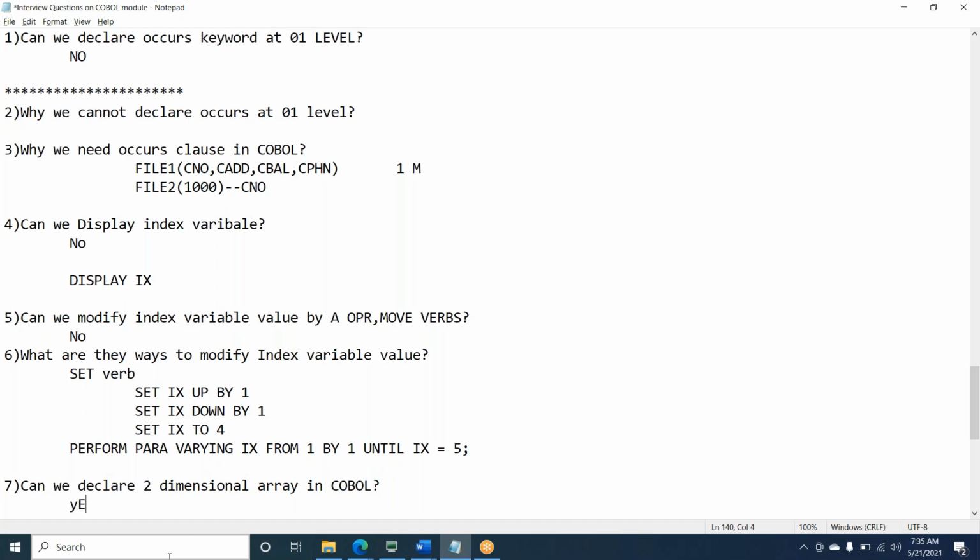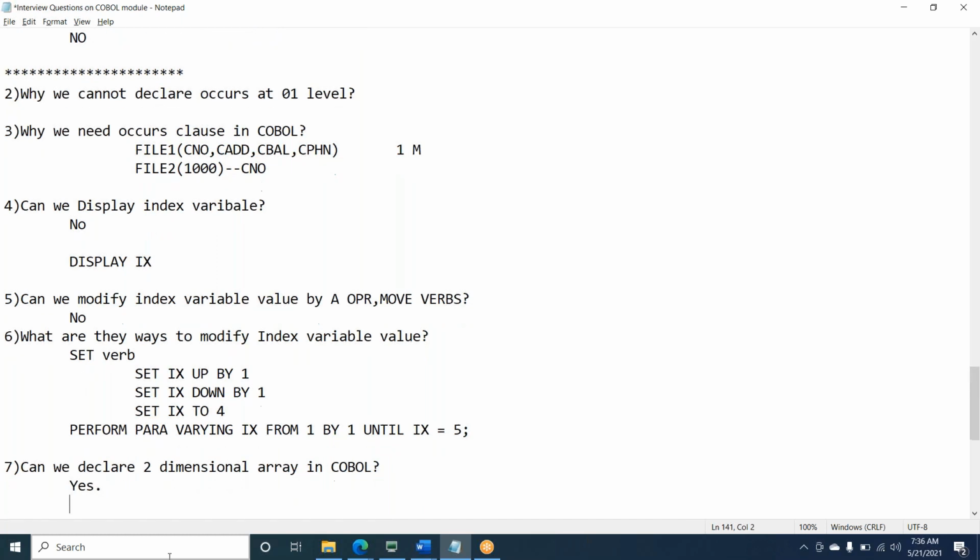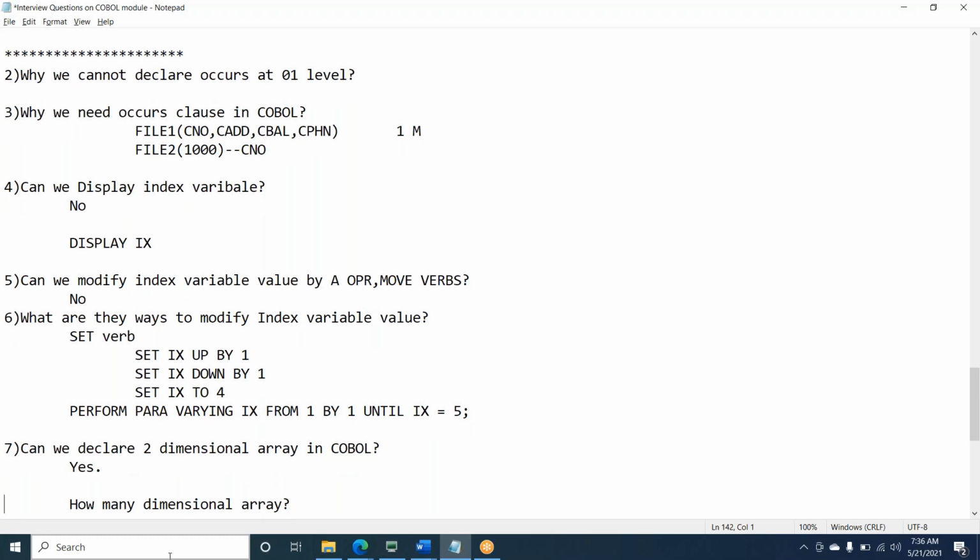If it is a yes, the answer is correct, yes. So how many dimensions can you declare? Multiple, like 10, 20? 270 or 7? 70?